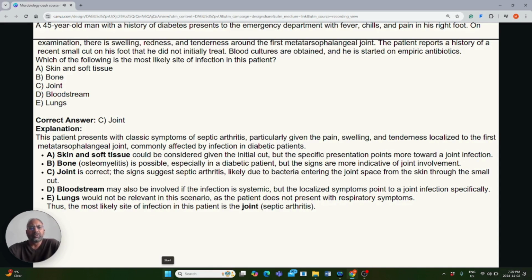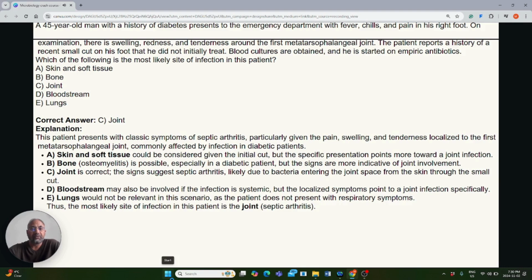So if we have to go to the question again, we are talking about his pain in his right foot, and there is fever and chills, which is basically indicating that the patient has an infection. But then on examination, there is swelling and redness and tenderness around the first metatarsophalangeal joint. Okay, so when we are talking about swelling of a joint, then our focus should be on joint infection here. Okay, and when we are talking about joint infection, we have to think of a condition called septic arthritis,